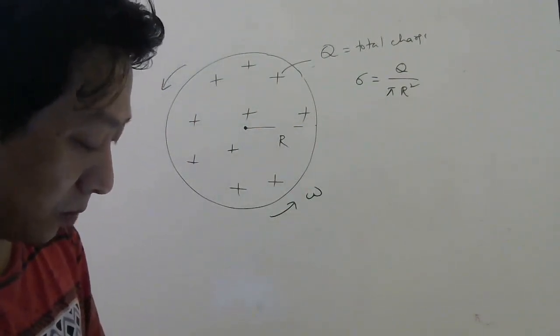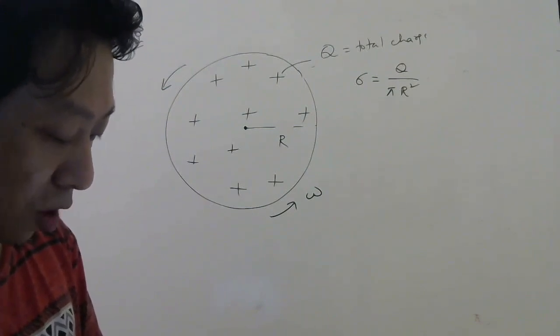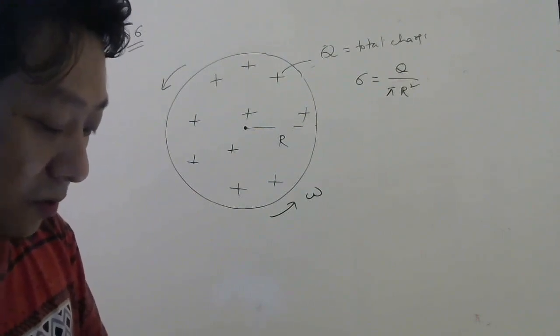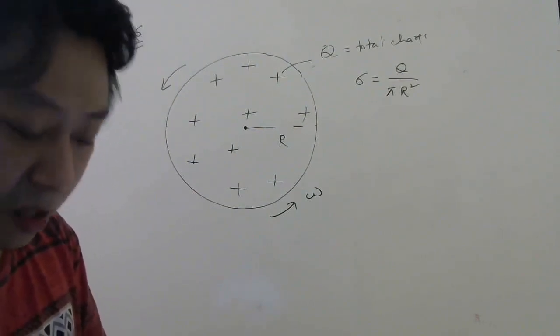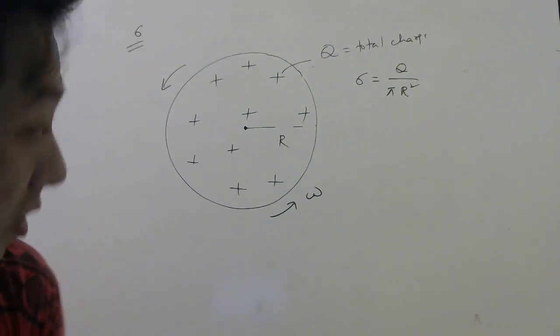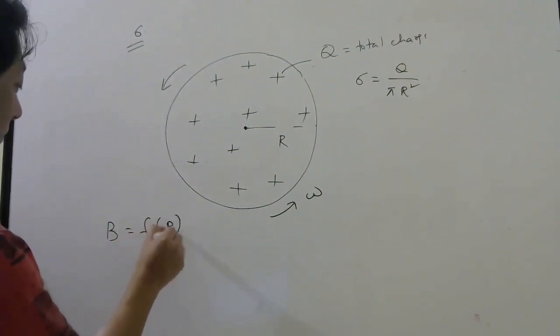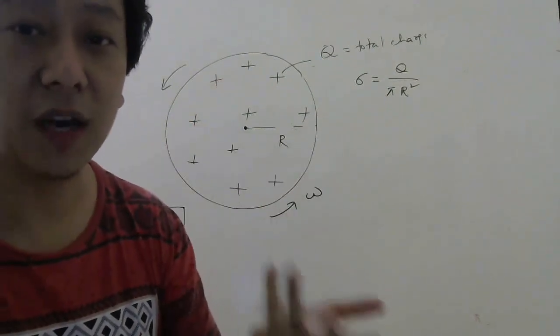So if we keep both the amount of charge and angular velocity constant and vary the radius of the disk, then the variation of magnetic induction, that is, the magnetic field, at the center of the disk will be represented by which figure? So they want the relation between B as a function of radius. Basically, we need to find the magnetic field and check how the formula looks.